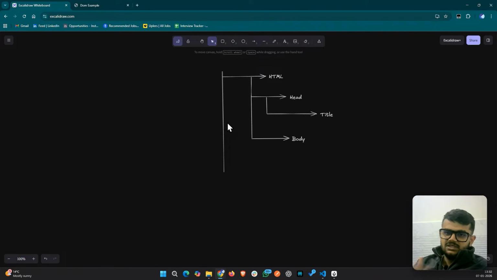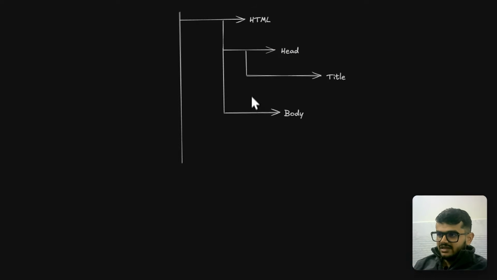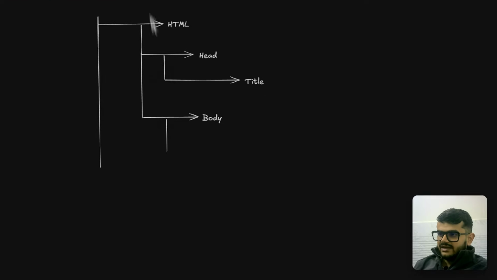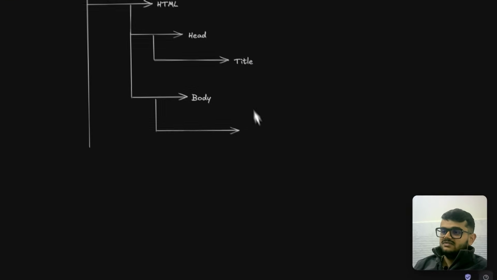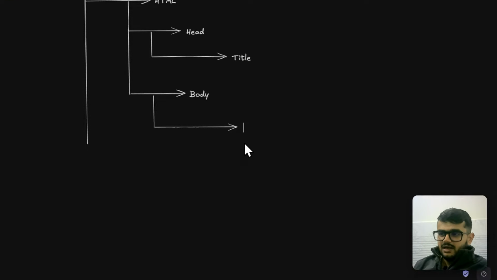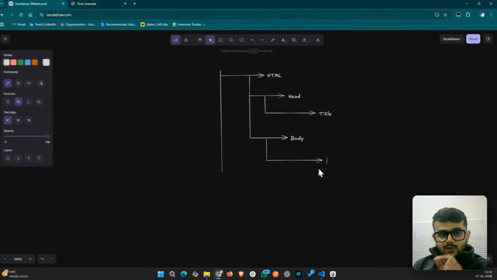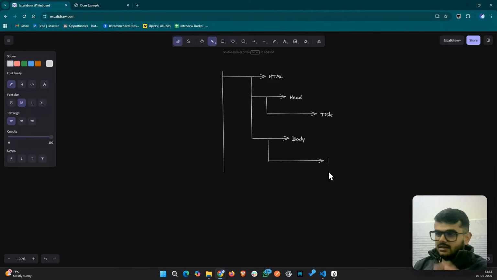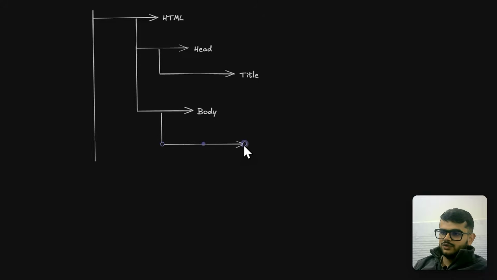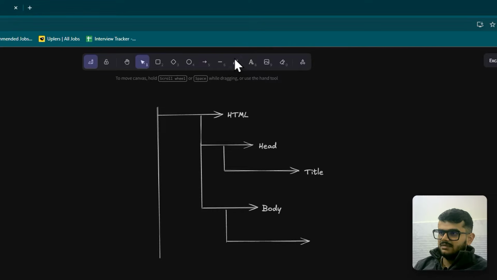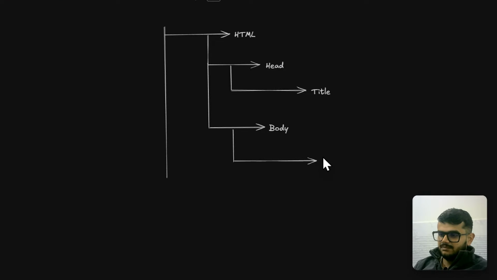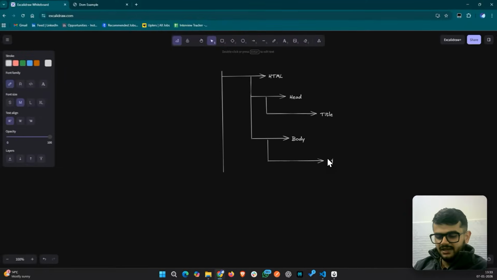So let us represent this, which is inside the body. So I'll go inside the body. This is inside the body, and inside our body, as we have discussed, first of all we have the heading. Now, if we have a heading with an id, inside the body I will represent my heading, which is nothing but h1, which is the tag name,